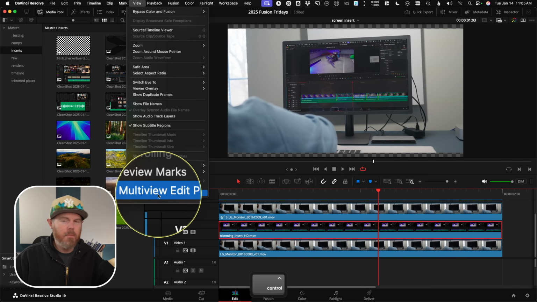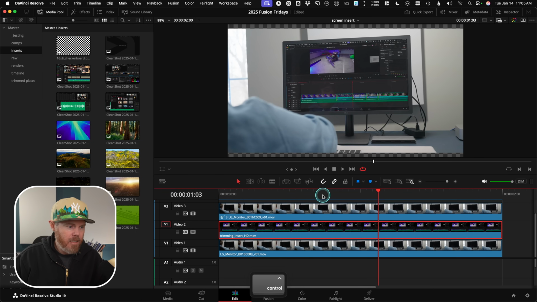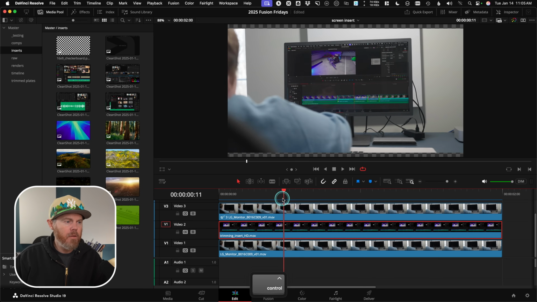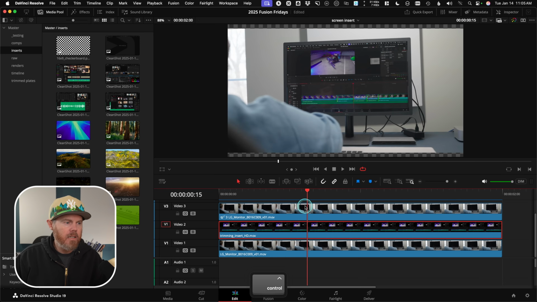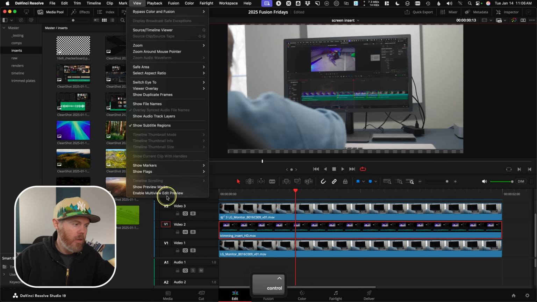Because what this does, it puts like 4 boxes on the screen and it doesn't really show you the exact position of where a frame is, where the playhead's located. And that's what I'm interested in. I'm interested in when this arm moves to right there is when I want to start to see movement on my video screen insert. And so with it selected and with view, enable multi-view edit preview deselected, no checkbox there,